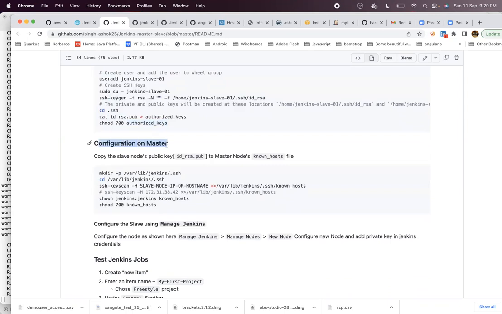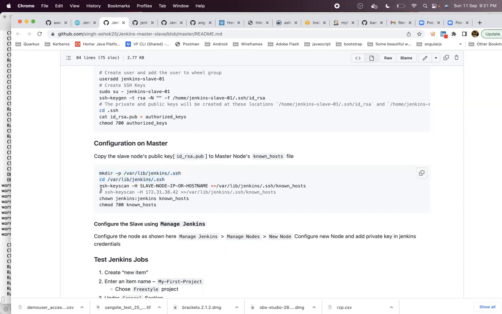Now afterwards, the master should also be configured. Master is what? Master is our Jenkins server. So log into our Jenkins server. In our Jenkins server, we already have a user called Jenkins. When we install Jenkins, a user called Jenkins is already created, and all our master-specific builds and jobs will run as the Jenkins user by default. Now this Jenkins user will also have a folder called .ssh, right? So you have to create this particular .ssh folder, and there